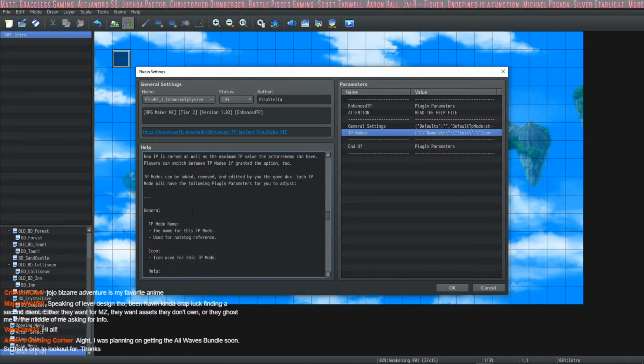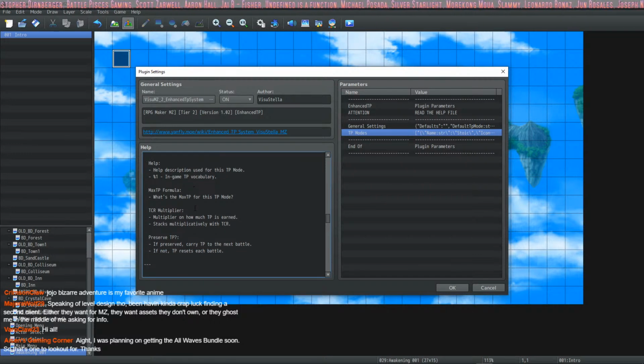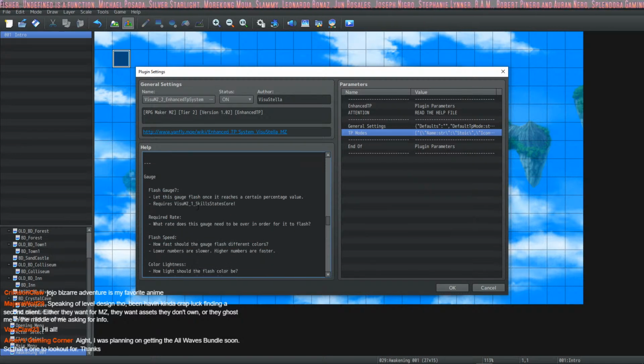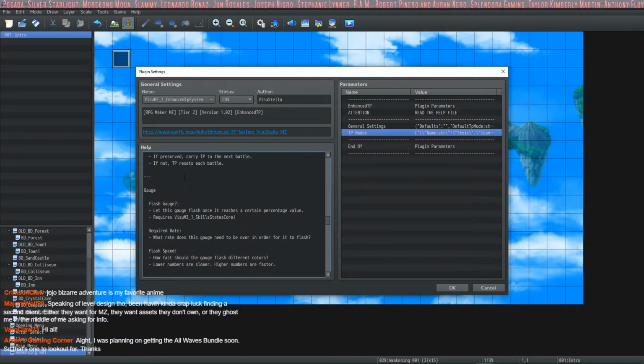You know, I can't seem to find the exact thing that's making it flash. Exactable. That's a good one. Exact and actual. Exactable. There's another word smash for you, honey. Exactable. Flash gauge. Here it is.